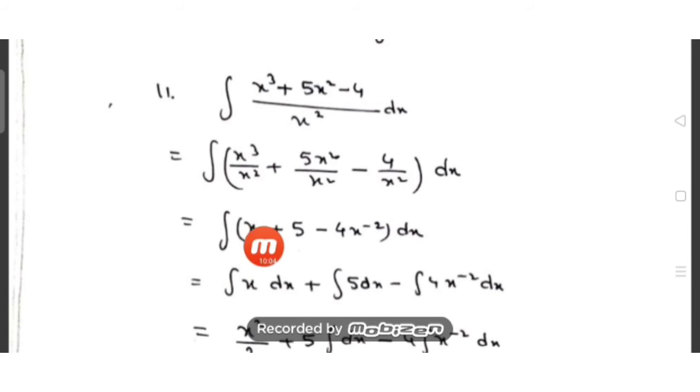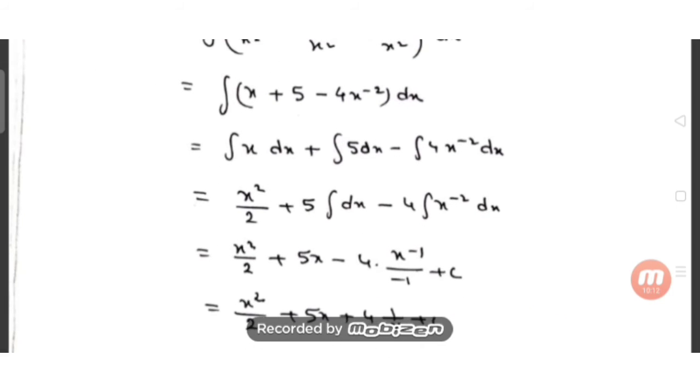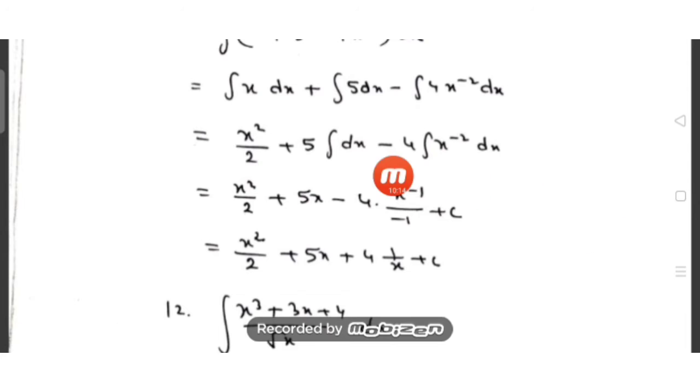So now separate term-wise: x dx, plus 5 dx, minus 4 x to the power minus 2 dx. Then I have just separated, I bring the constant outside, and here I can use the formula wherever possible. Here I have used the formula of x to the power 1, that is x square by 2. 5 constant comes out, the integration of dx I have just written here as one more step, 4 constant, and this was just left as this. Then x square by 2 plus 5, integration of dx is x, 4 is constant, x to